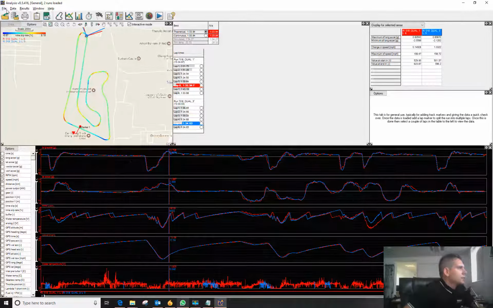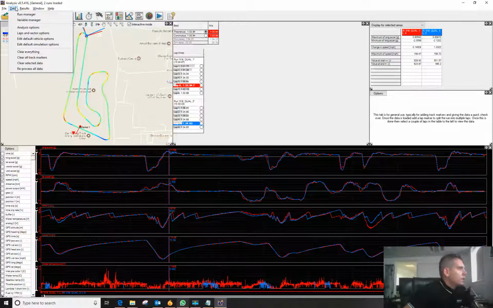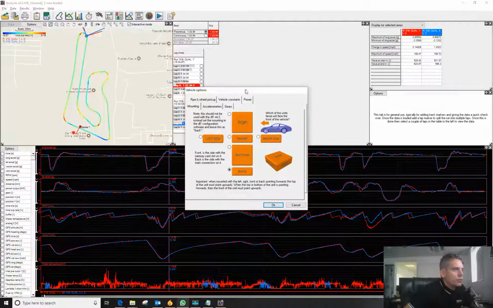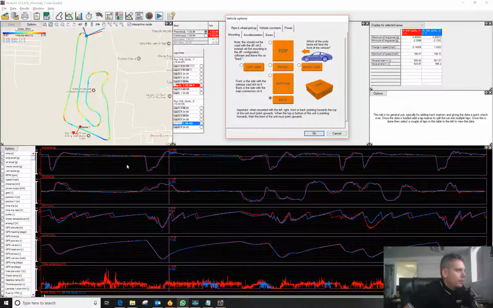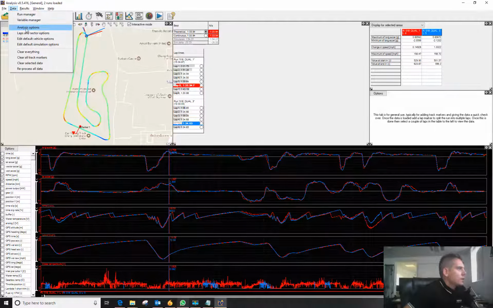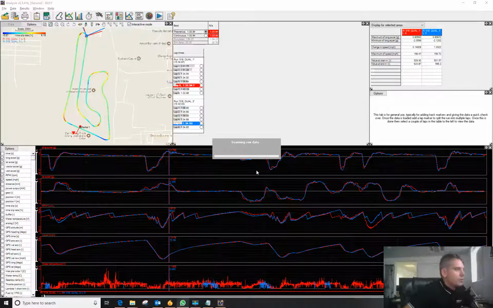So that's the main icons. Up here you've got file, so you can export the data, set default paths. Under data here, edit default vehicle options. So if the orientation is wrong, I'll just cover this one quickly now. So if I set the orientation incorrectly and reprocess the data,